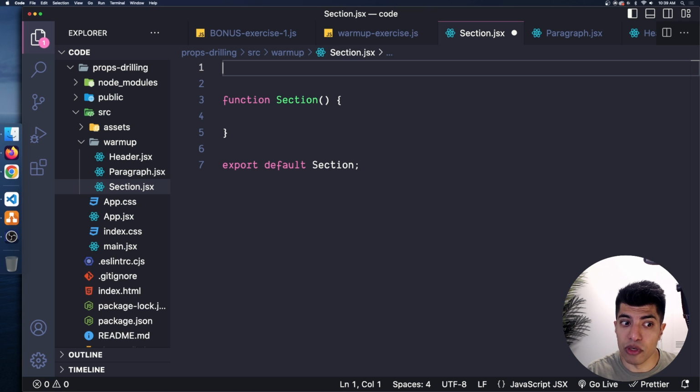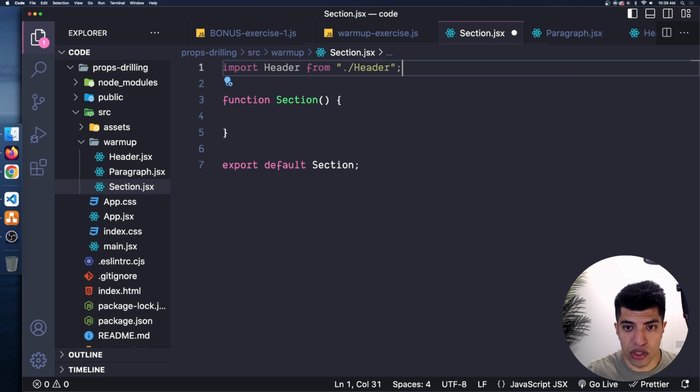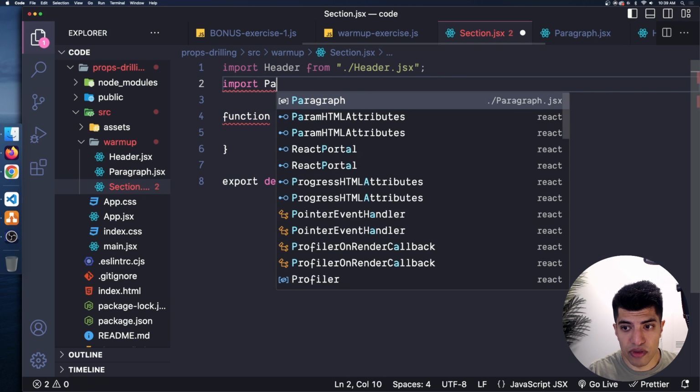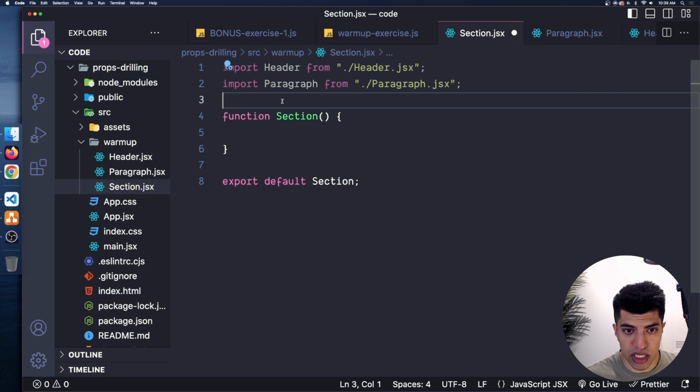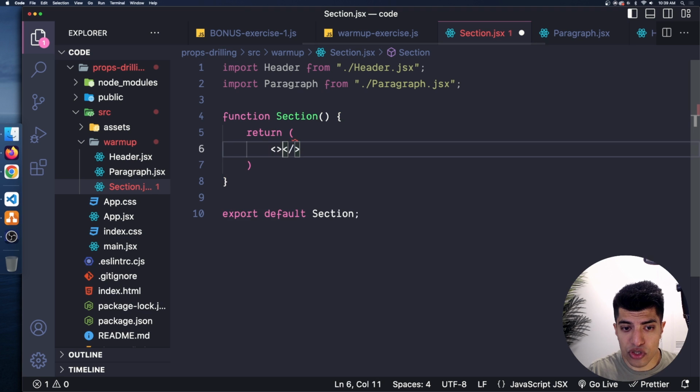So I need to import them in order to use them. So I'll say import header from /header.jsx. And then I'll say import paragraph from paragraph.jsx. And then what I can do is I can return, and in here I need to make sure that I